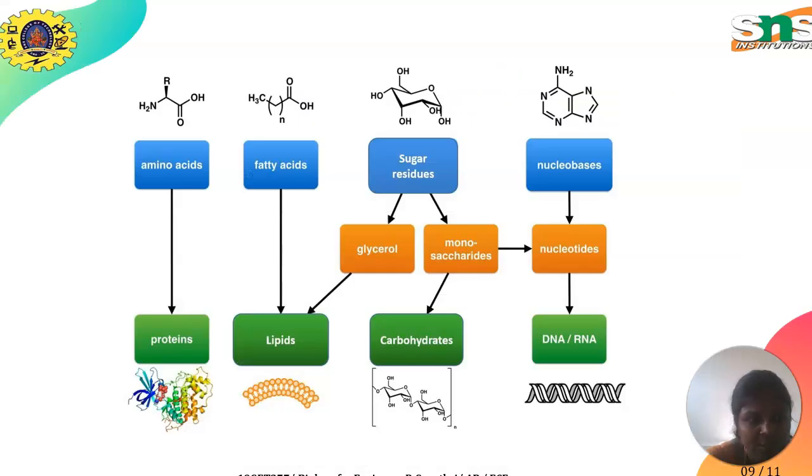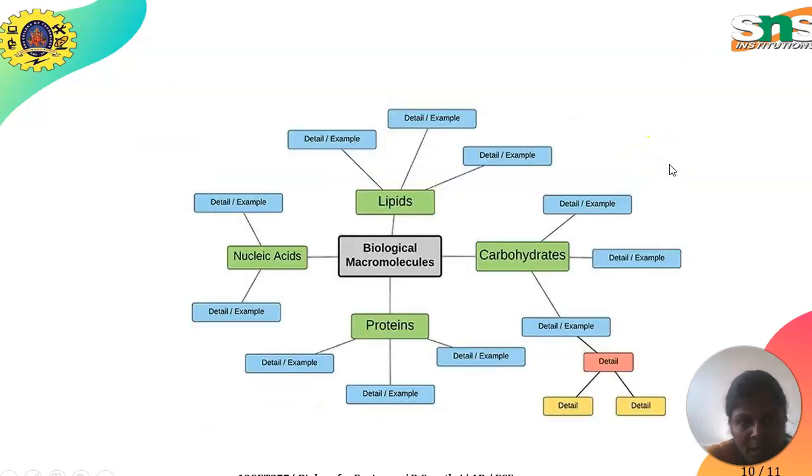The amino acids have a carbon, hydrogen, oxygen chain, and are classified into proteins and fatty acids, lipids and glycerol, monosaccharides. Carbohydrates are classified into monosaccharides, and DNA, RNA come under nucleobases. All other molecules will have a carbon chain, hydrogen chain and oxygen chain. And in biological macromolecules, we have discussed the carbohydrates, lipids, nucleic acids, proteins, and the examples present for all the